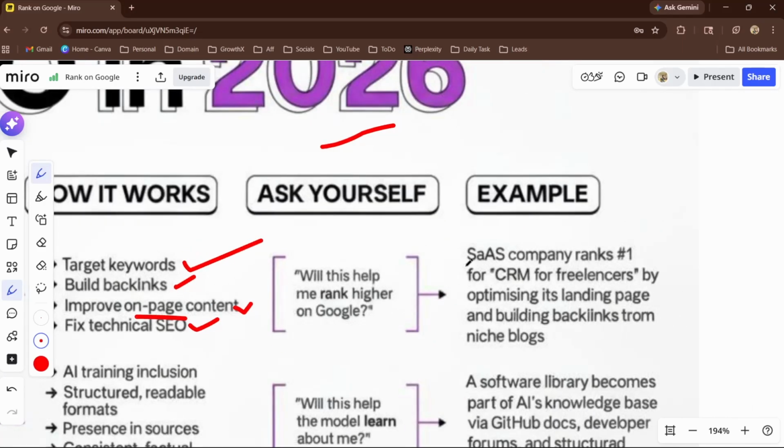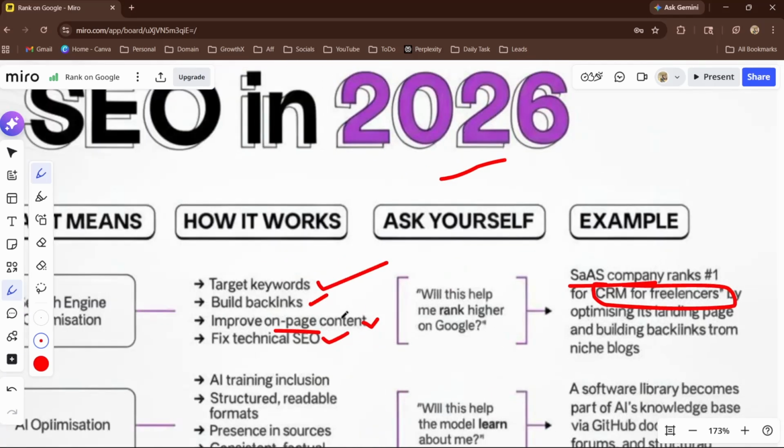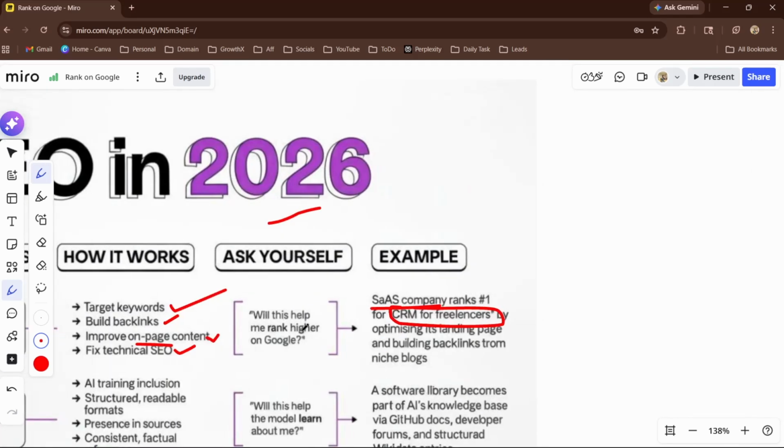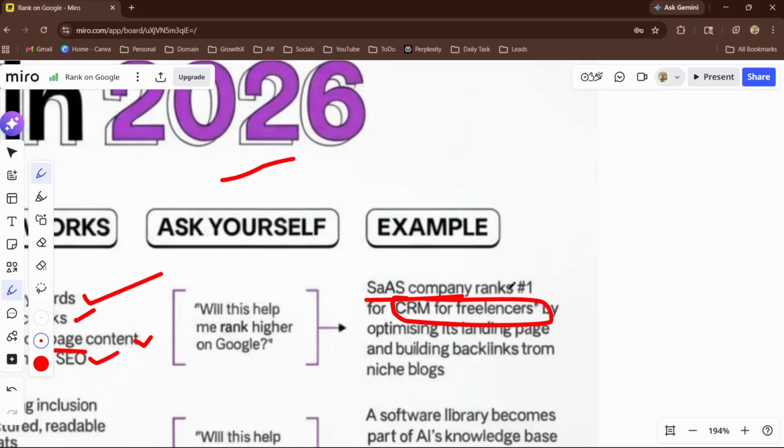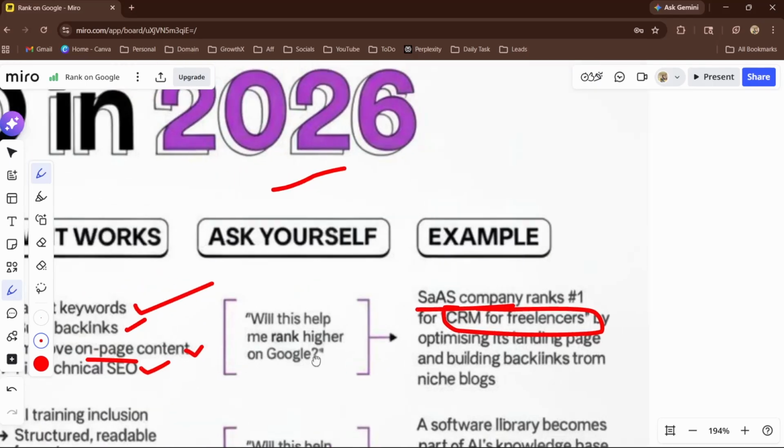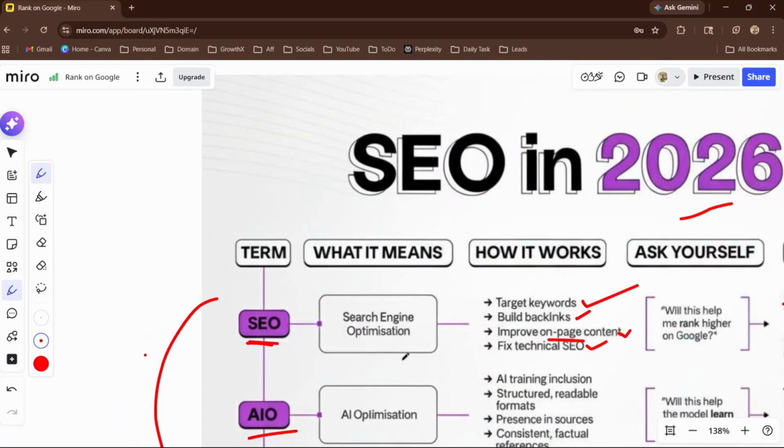For example, a SaaS company ranks #1 for certain keywords by optimizing its landing page and building backlinks from niche blogs. So this is the traditional SEO. You focus on one keyword, then you get backlinks and create topical authority. That's it, done. Now things change.